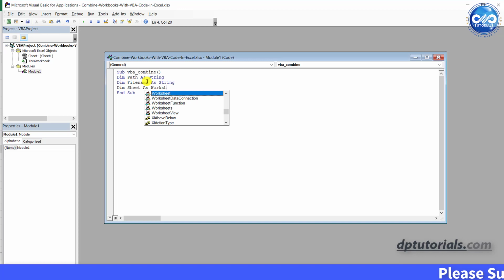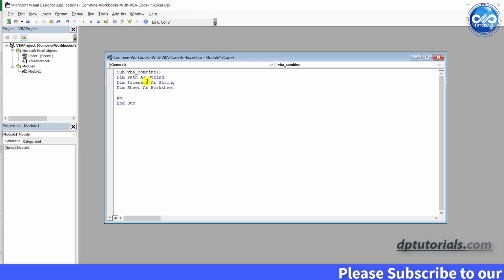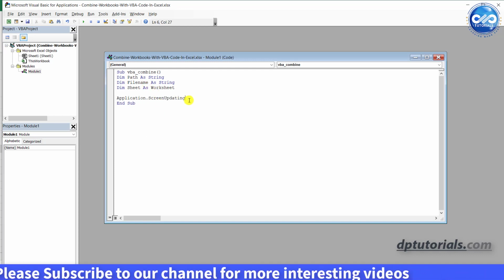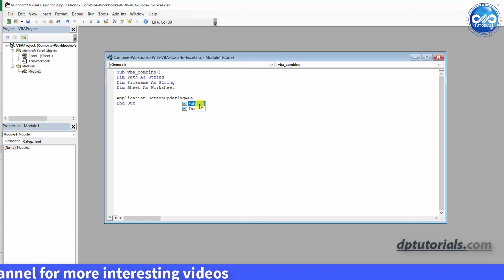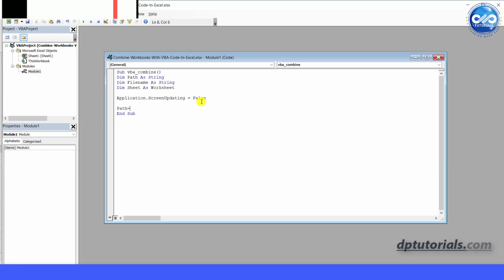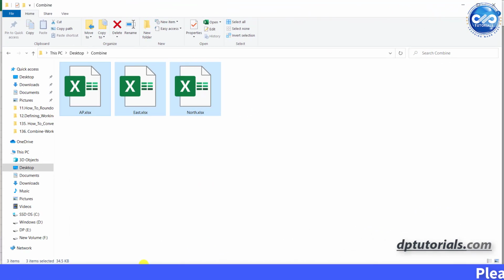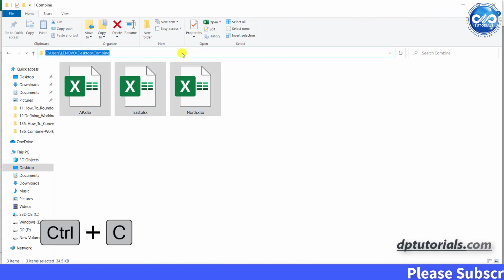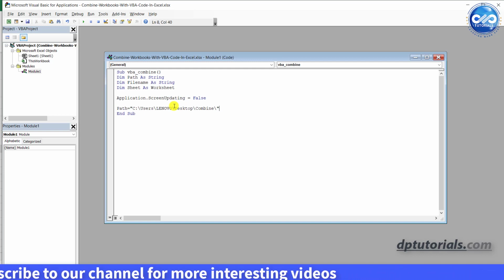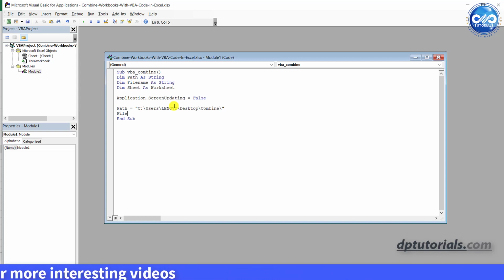Now press enter one more time and type application dot screen updating equals to false. Press enter and enter. Path equals to inverted quotes and go back to the folder's location and copy the address of the folder. Okay, and paste it here and type oblique. Close the inverted quotes, press enter, file name equals to dir, open the parenthesis,